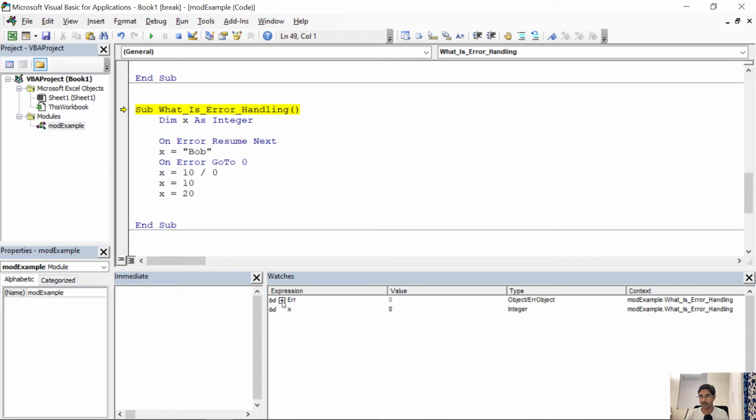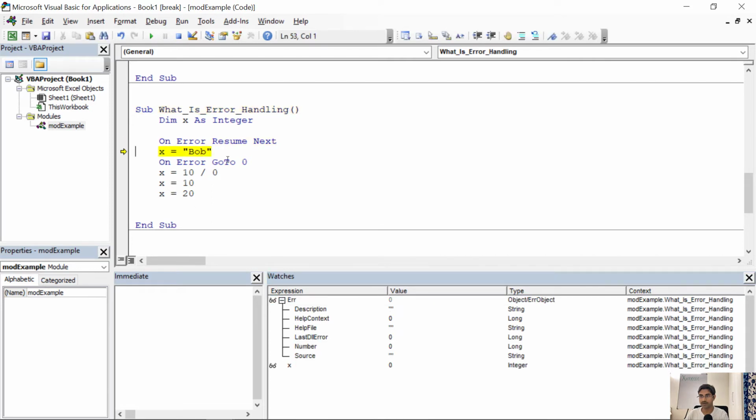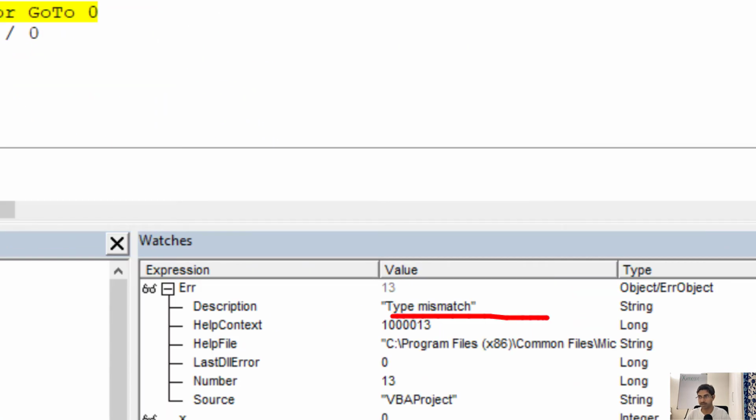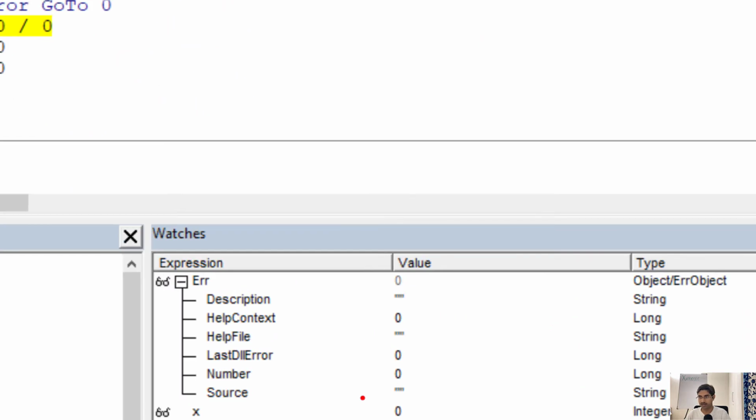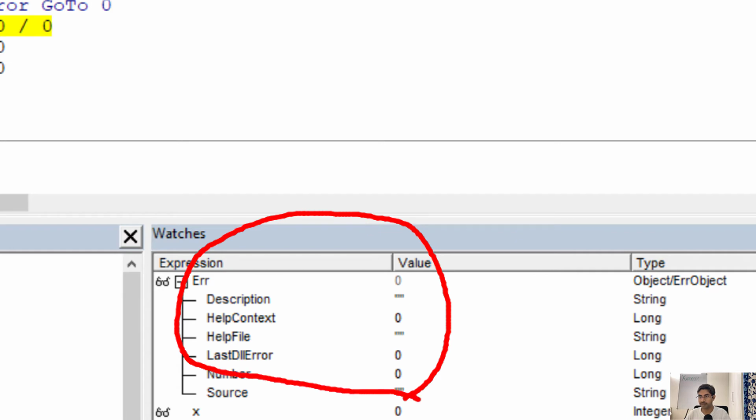F8, F8, F8. So On Error Resume Next: I am saying if there is any error, ignore it and continue. Let me press F8. So there is an error, you can see here, type mismatch error. Now what happens when this line gets executed? Let's see. F8. See, the error is gone